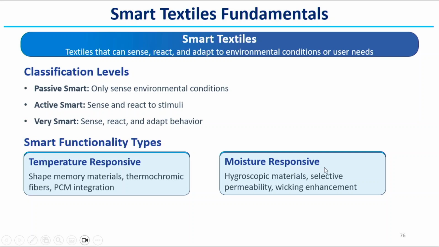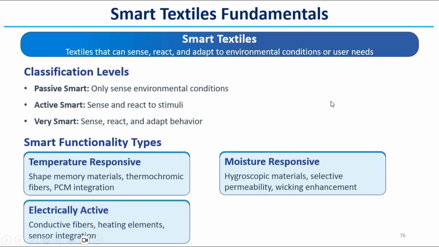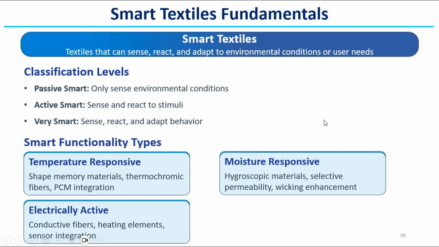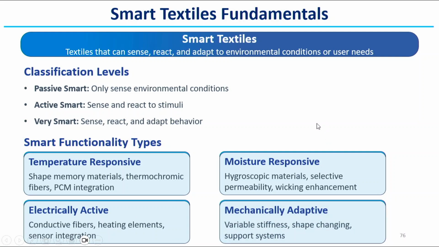Moisture responsive, depending on the change in moisture, the response it tries to respond. So, like hygroscopic materials, selective permeability, wicking enhancement. So, these are the moisture responsive smart textile. Electrically responsive, like conductive fiber, heating elements, sensor integration. So, electrically activated and mechanically activated, variable stiffness, shape change, support system. So, different types of smart integration is there,